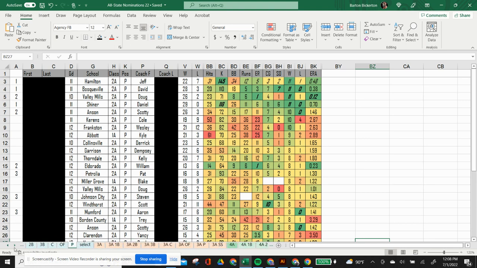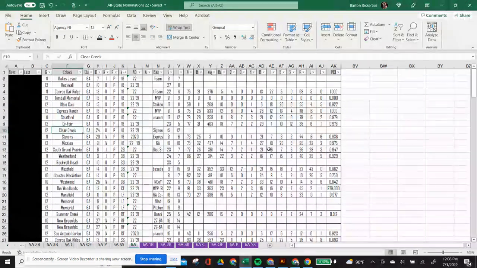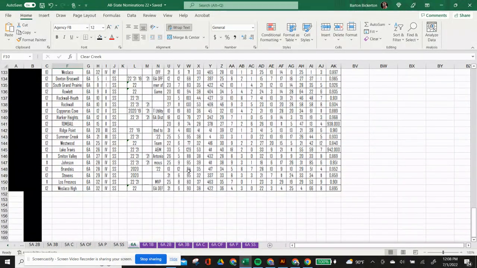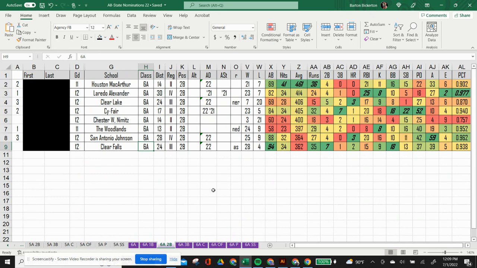And as you can see down at the bottom, as I'm going through the different classifications, here's the 3A classification. It's the same all the way through. We go through every one of these, and then here's the 6A. This gives you a little difference from 1A, 2A to 6A. It's still the same amount of kids, pretty much. Yeah, there's 150 in the 6A. So again, same process going through. We go by each position,